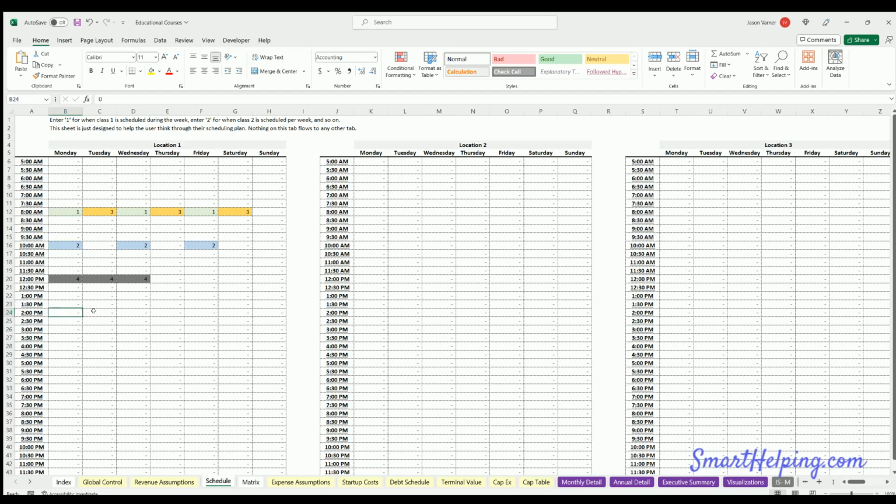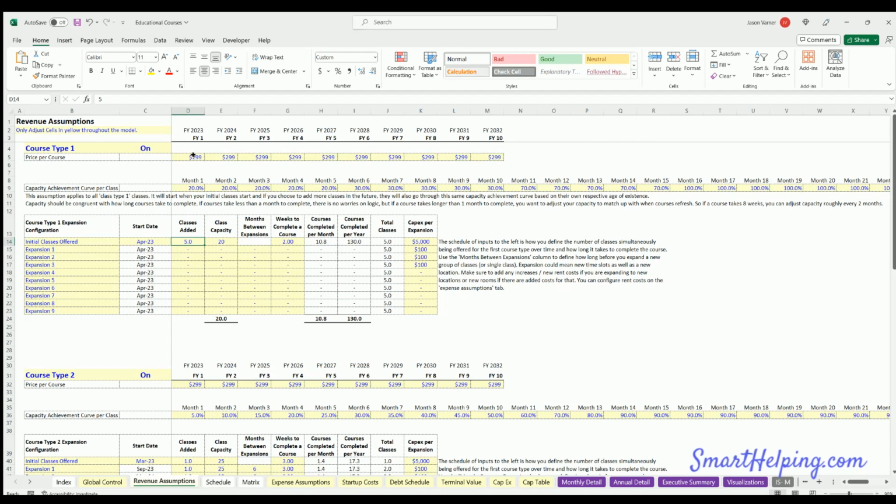Another one Monday, Tuesday, Wednesday at 2. So you can figure out, okay, here's 5 classes right there. That works. You'll have instructors teaching each class, and you'll define like how much. So this $299 is how much a given person's paying to complete a course, and then the expense assumptions here